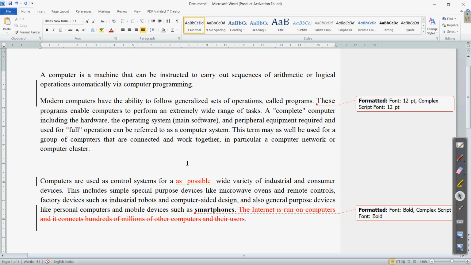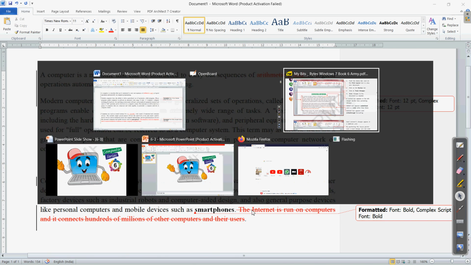Here you can see all these changes we have done appearing in the other color, and it is underlined, and the portions which we have deleted are appearing with the strikethrough.